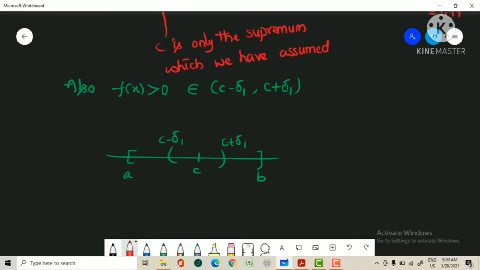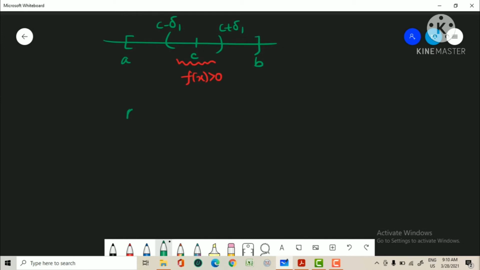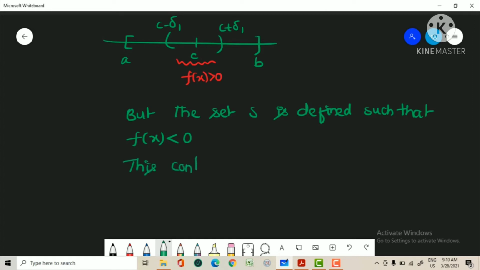In this interval f of x is positive, but the set S is defined such that f of x has to be less than 0. So this contradicts the fact